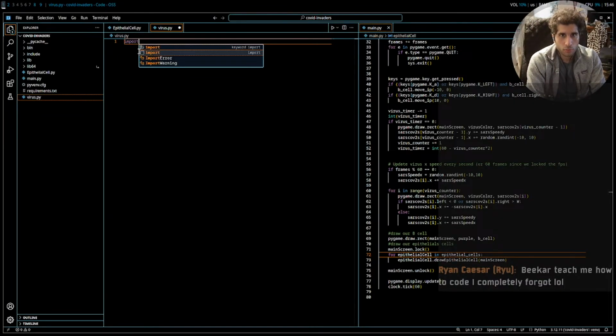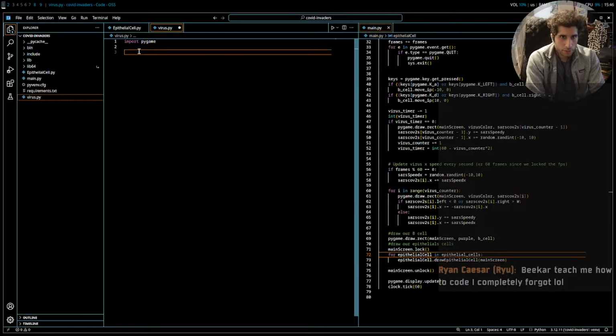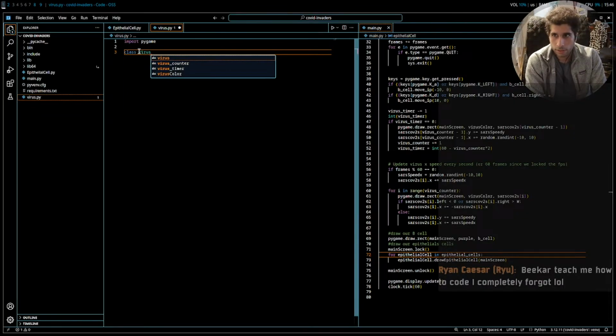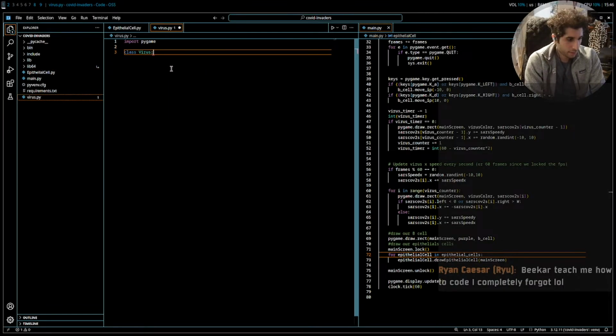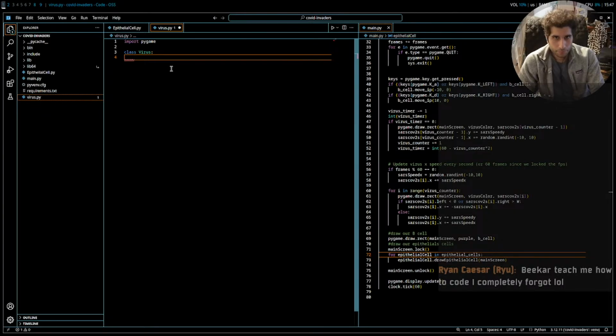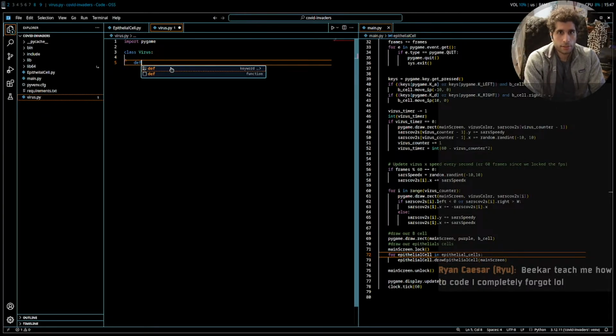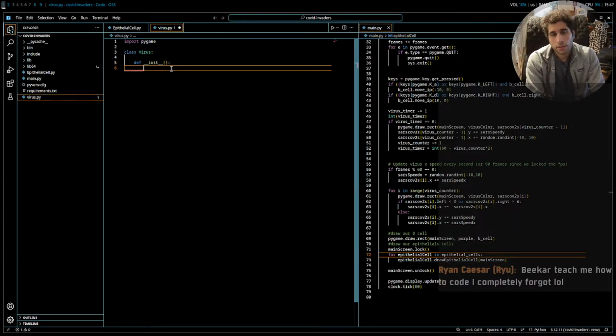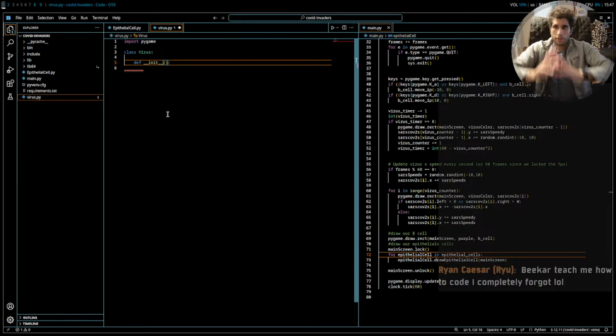Alright, let's import Pygame for this. And this one we're gonna have different states as well. So we're gonna have a class, virus. I always forget if you need the parentheses or not. And then let's define our initialized. Do we want to pass in? No, I think